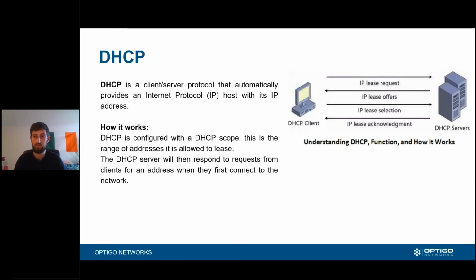It will not check before it leases out an address. So that's two things to watch out for. Make sure you only have one DHCP server, unless you really know what you're doing. And second, if you are using static IP addresses and combining that with a DHCP server, that's okay. But just make sure that the range you're allowing the DHCP server to use does not overlap, unless you know how to use reservations.